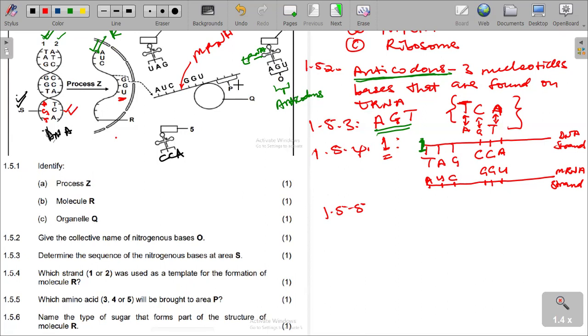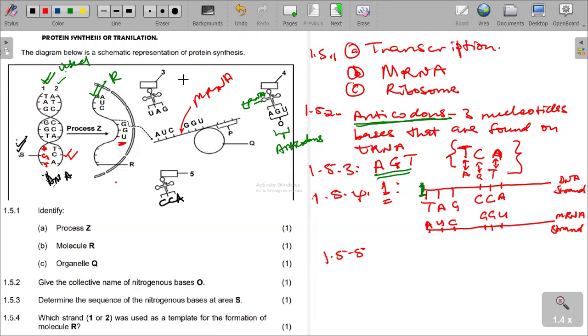So which amino acid must be brought here, before we even look at the order that is given, to say which one can be brought to area P? How do we know that? Area P must be the completion of this